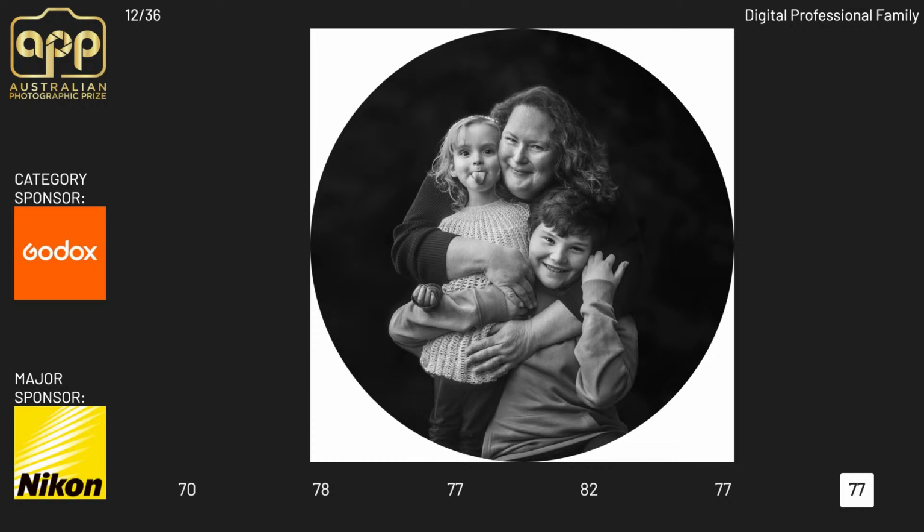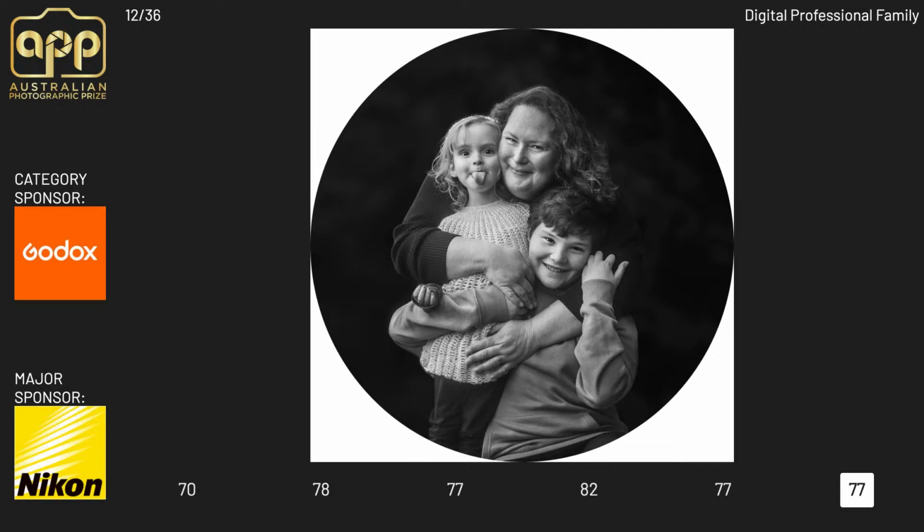82, I gave it. So silver award. Yes, this is clearly a silver award. They are physically very, very well connected, not overly posed. They've been encouraged to pose as such, but the mum's just digging herself into these kids. It doesn't have to be this perfect, poised, exact moment. It's been very well handled. It's pin sharp where it needs to be. Kids are having fun. In terms of a family portrait, yeah, this hits the mark.